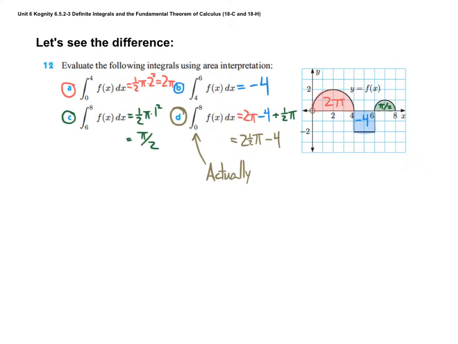Why can't I technically do the integral? Because it's not continuous from 4 to 6. It's not continuous. Right? I have these jumps right here at 4 and at 6. Okay? So, actually, we can't do